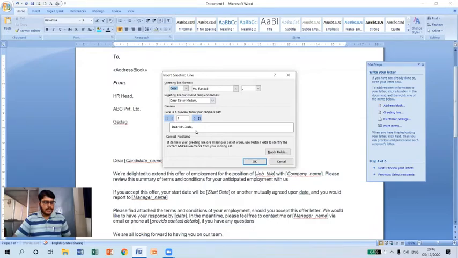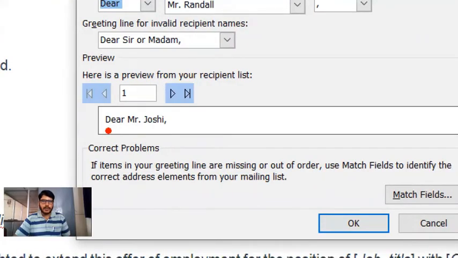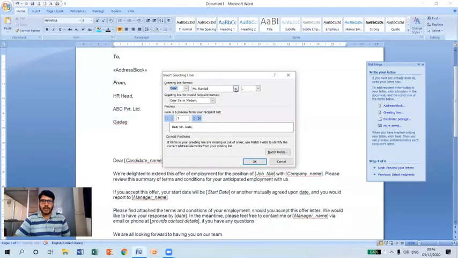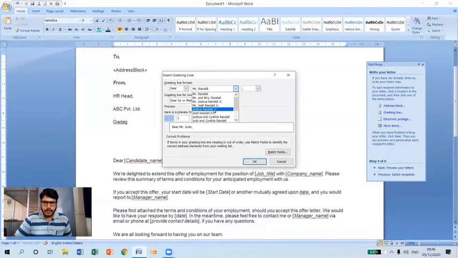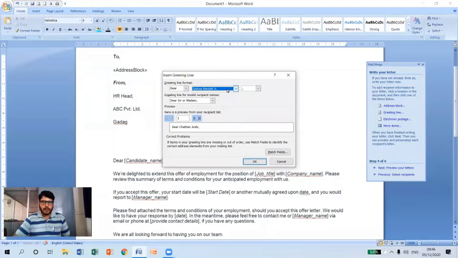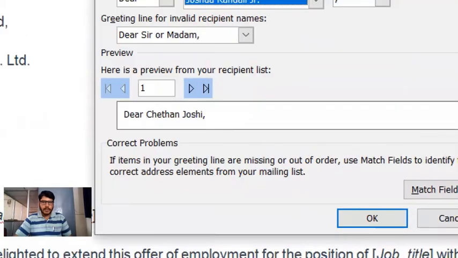As you can see, this is the preview it is showing: Dear Mr. Kyoshi. Suppose I want to mention the full name, that can be done by selecting this combo box here. I'm going to select this one. When I select the format, the preview changes. Similarly, you can navigate.